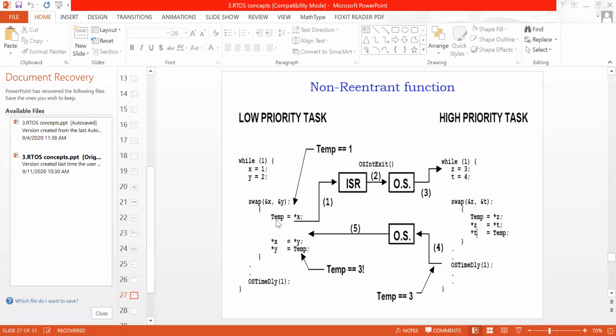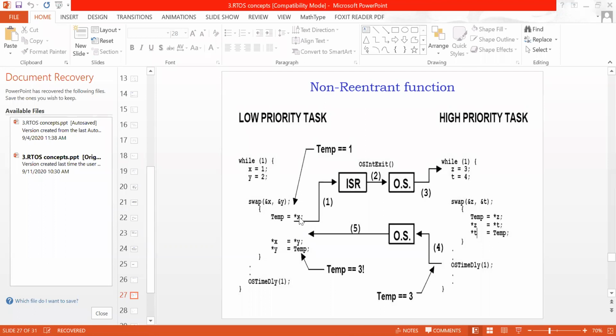Now what is the value of temp at this point? Can anybody tell me the value of temp? The microcontroller is executing the low priority task. It has executed the first statement from the swap function, that is temp equal to x.